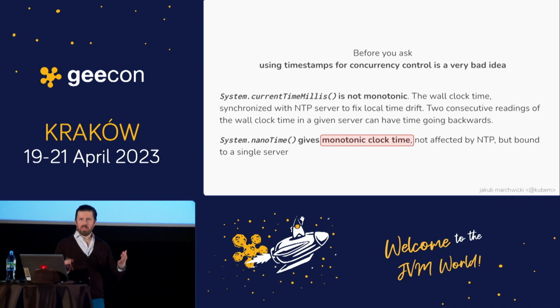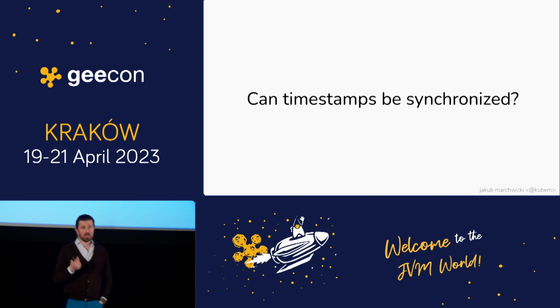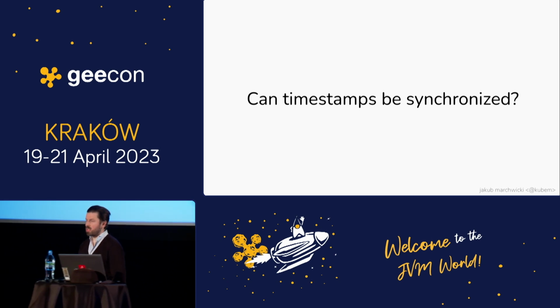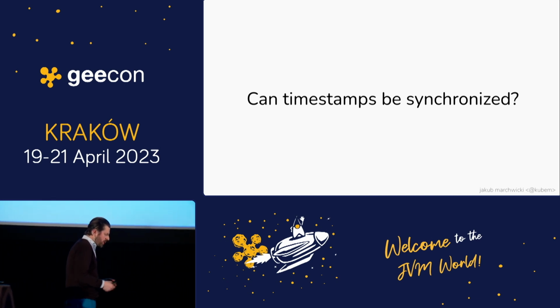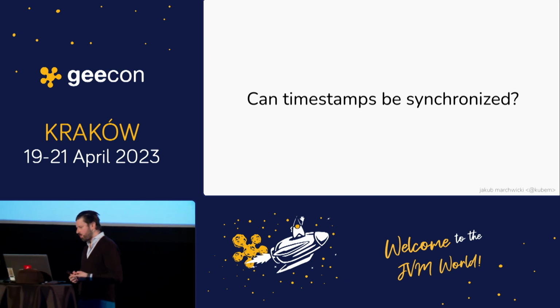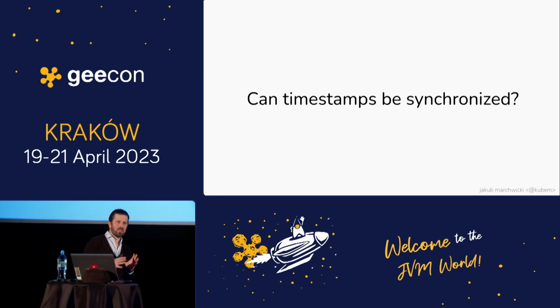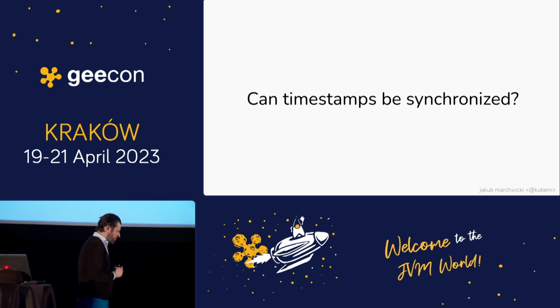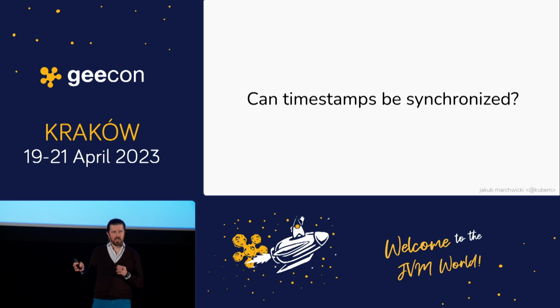But before we start to reinvent the wheel, there's a question: can timestamps on my computers be synchronized? Because you probably heard, and I already said that, there is this NTP servers, so this like Network Time Protocol. You can have a network server that is broadcasting, again, UDP, in most of the cases, and pushing the current timestamp to all the computers. NTP servers gives you a millisecond precision. So if you have more than 1,000 operations per second, that gets drifting,